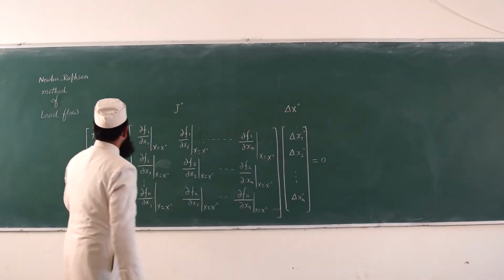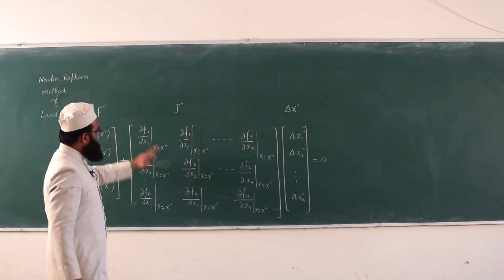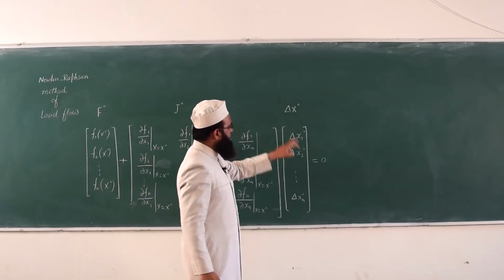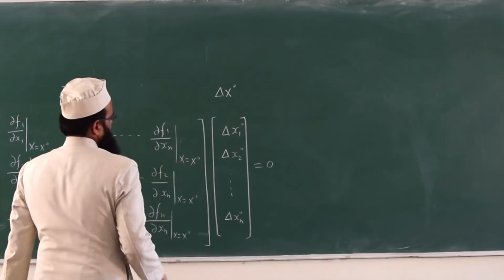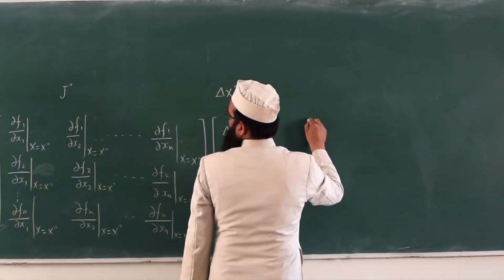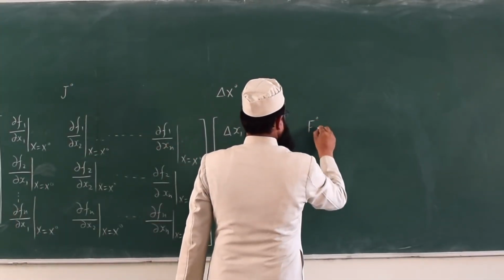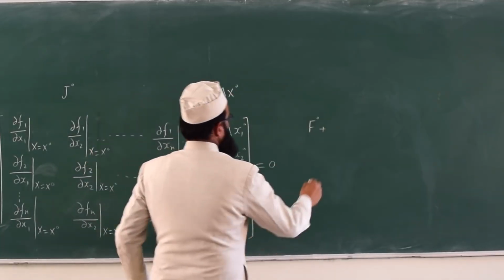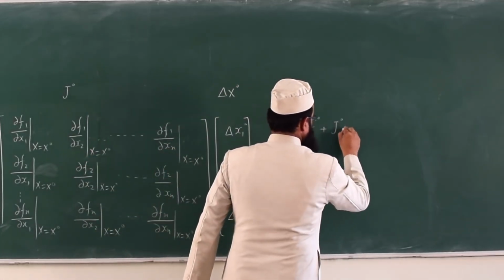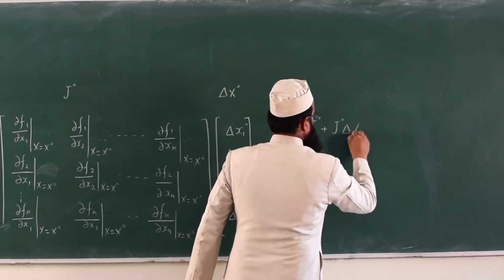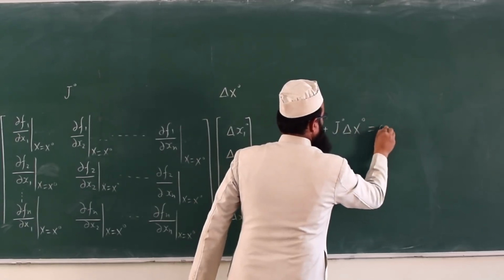So, we can write f0 plus J0 times del x0 equal to 0. So, we can write here f0 plus J0 del x0 will be equal to 0,